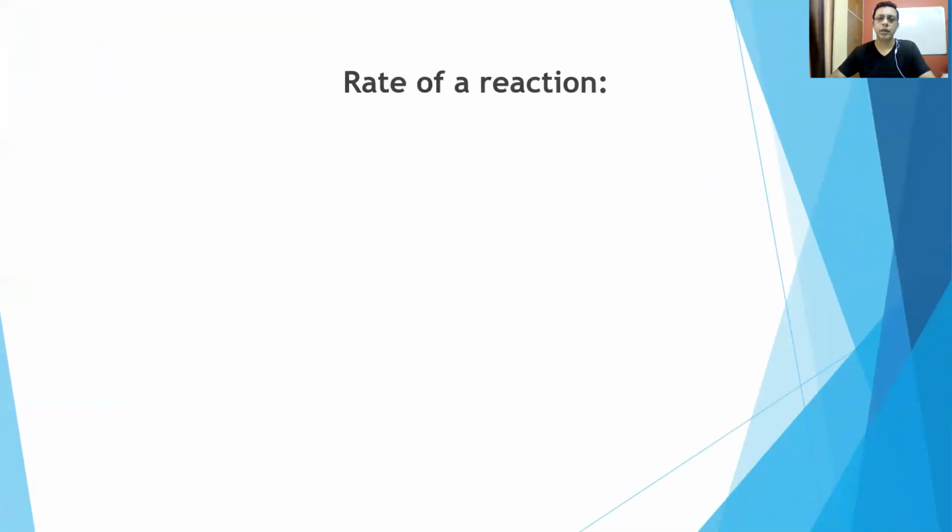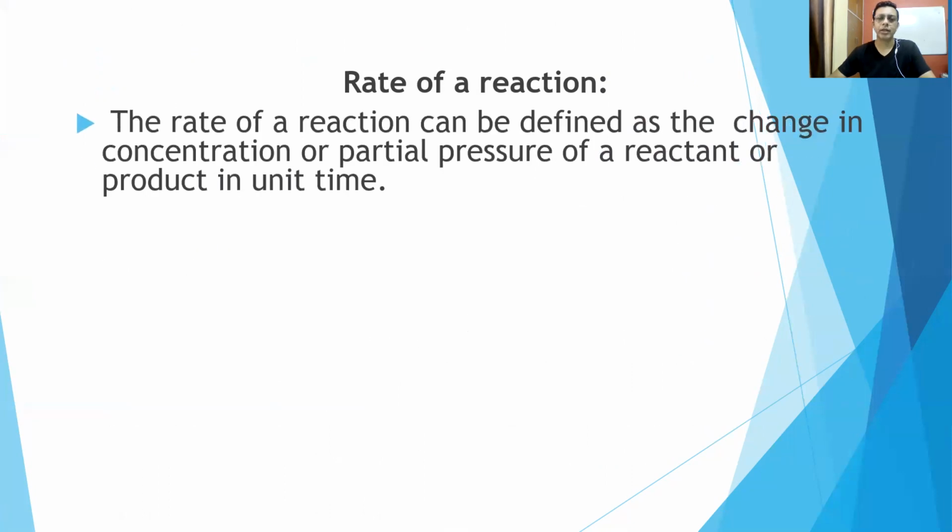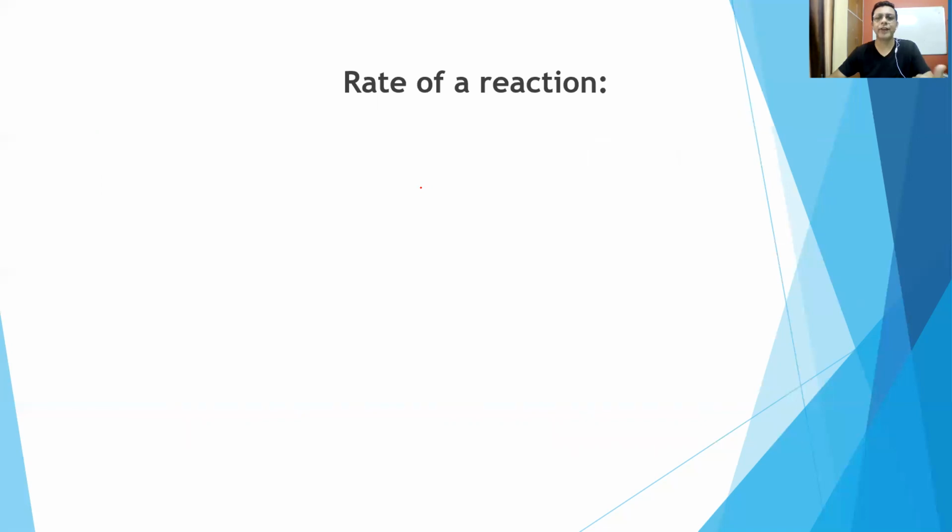Then we have to define the rate of a chemical reaction. This is the first topic as per your class 12 syllabus. When you say rate, it actually means the speed of a chemical reaction. But can speed be defined here as you have defined in physics? In physics, we define speed as the distance traveled per unit time. But in chemistry, can you define the speed of a chemical reaction as the distance traveled by the reactant mixture, or any of the reactants inside the container? No, the speed is not expressed like this.